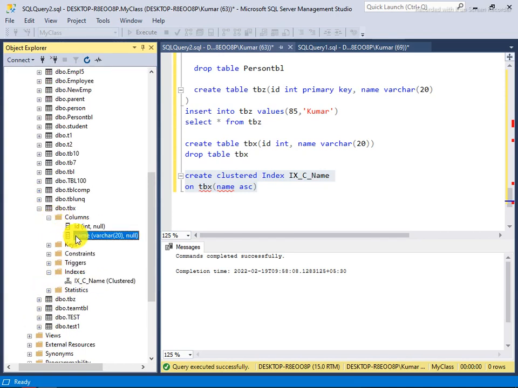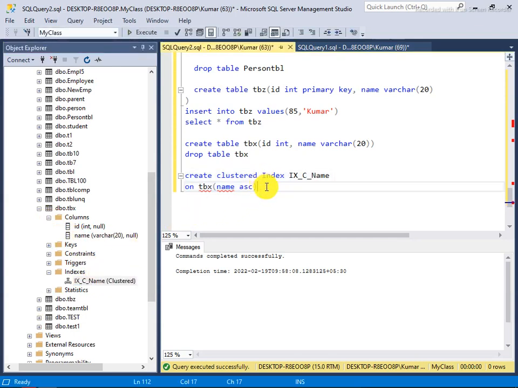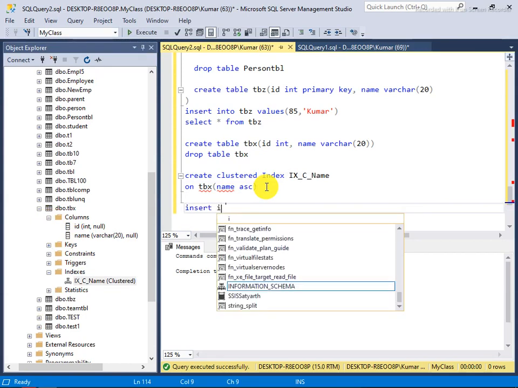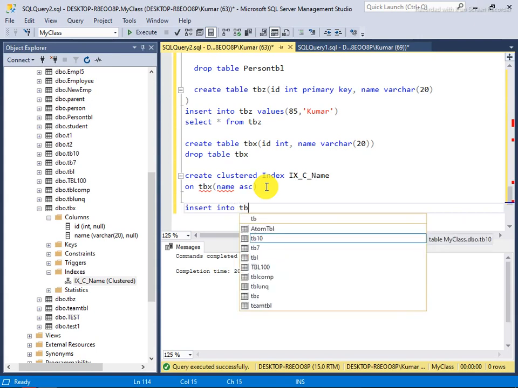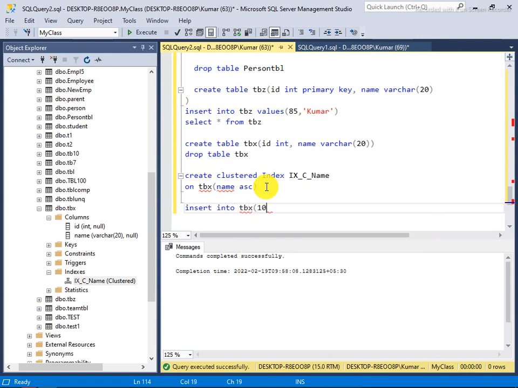It means that name tries to maintain its order, not id. So see here, I make an insert query, insert into tbx. I say name like Kumar. I simply make an insert query here.